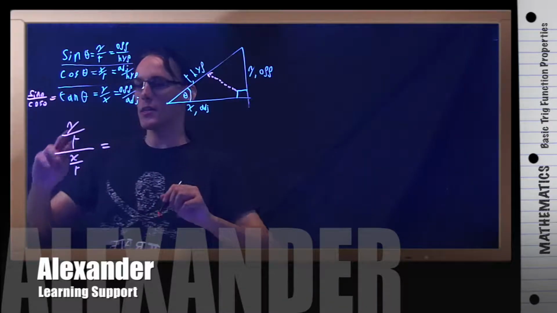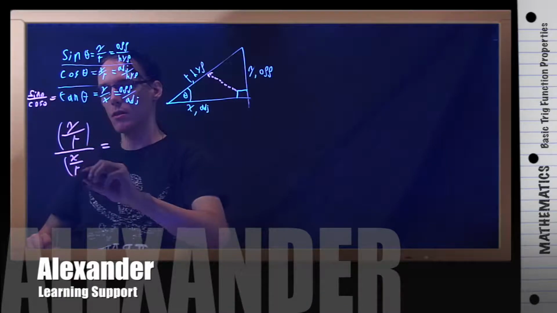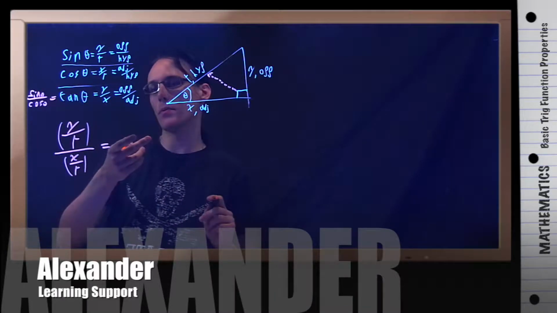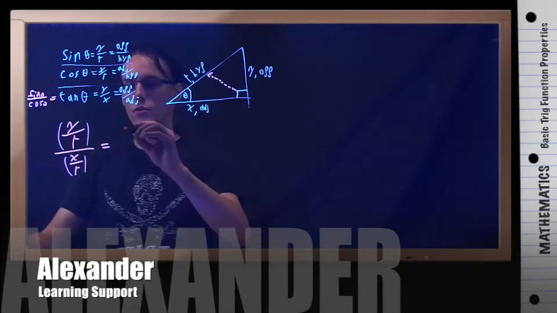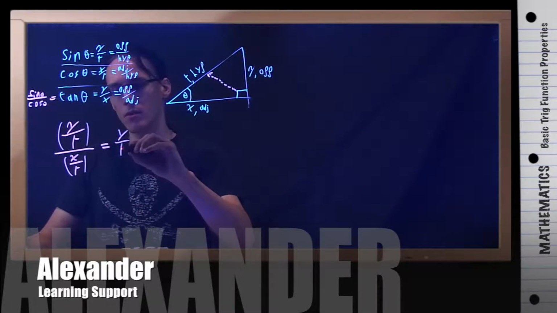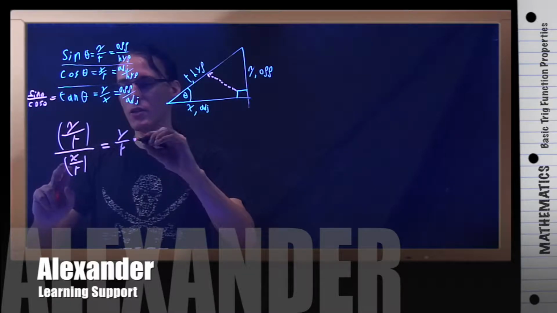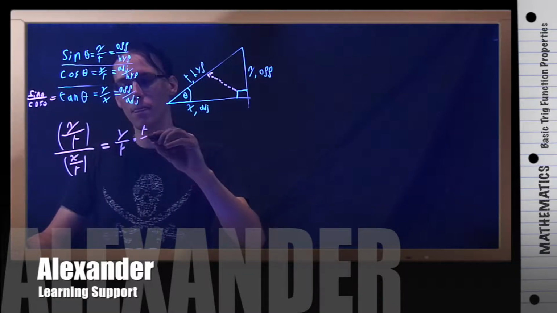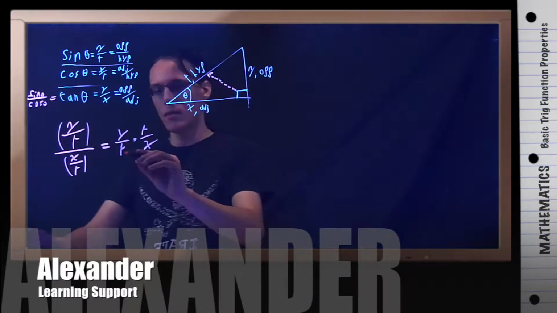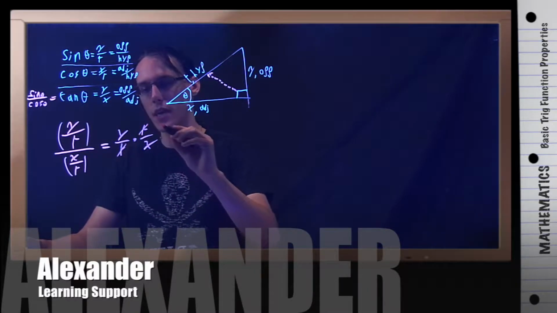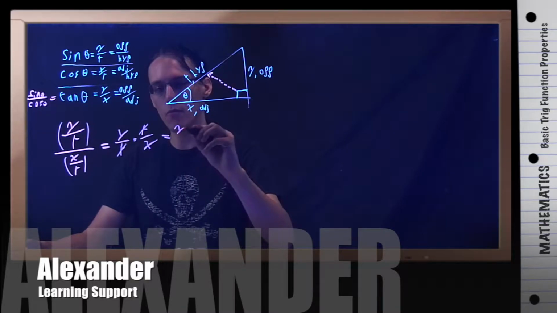Remember from algebra that if you're dividing two fractions, you flip the bottom one and you multiply. People often say keep, change, and flip. So you keep the top, you change division to multiplication, and you flip the bottom. KCF. Then these cancel out because they're the same, and you multiply straight across, and you get y over x,